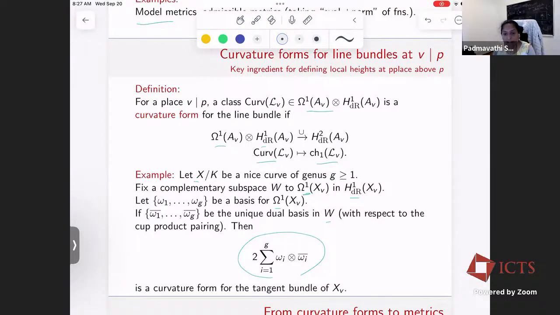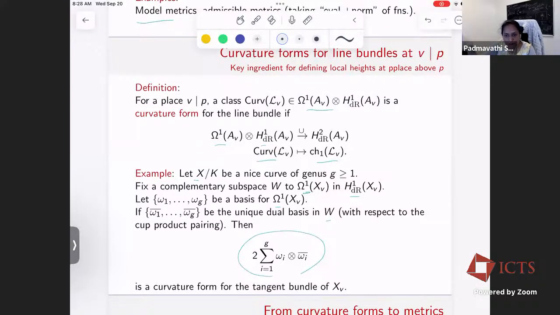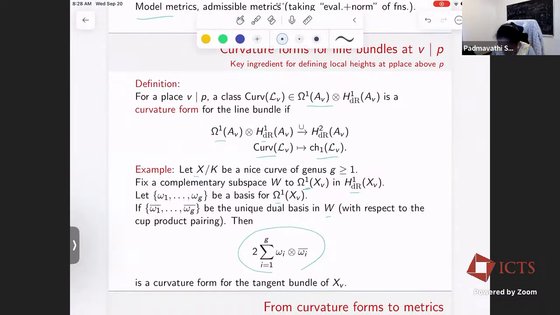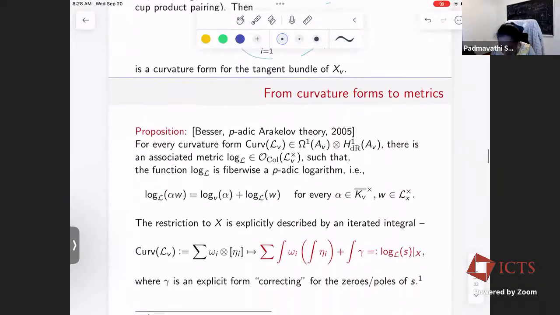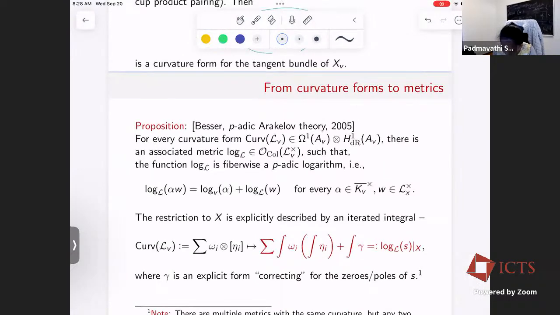In general, the data of describing a curvature form is basically the same data as splitting the Hodge filtration on the line bundle. You can build a curvature form for the Poincaré bundle from the data of splitting a Hodge filtration, and from that you can build curvature forms for arbitrary line bundles on your abelian variety. So it's the same kind of auxiliary information that goes into the other constructions of p-adic heights in the literature. But we want to take this data of a curvature form and use it to build the local contribution at p to